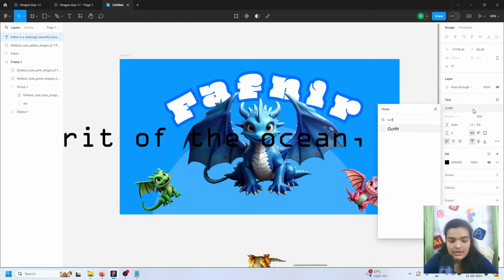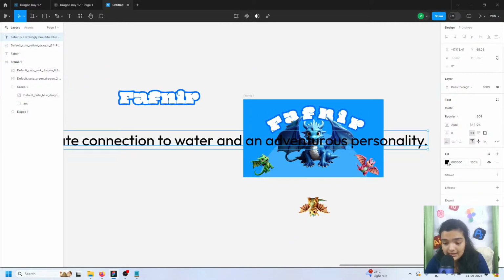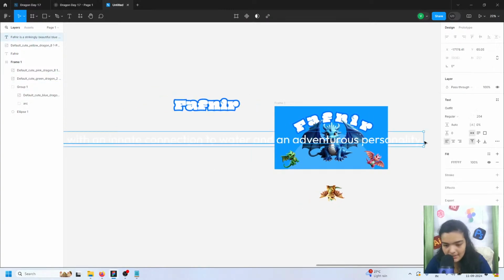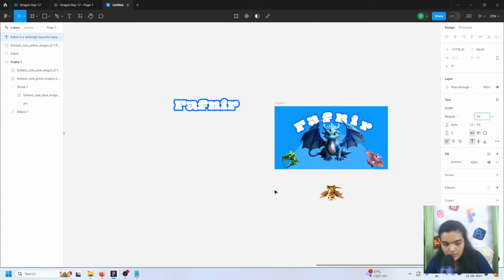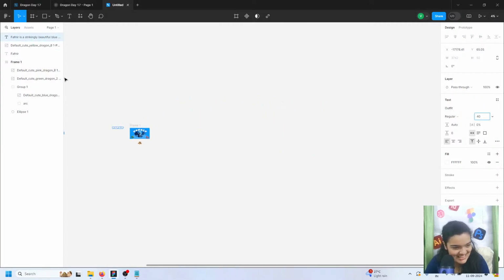Change the font family to Outfit. Outfit is the perfect font for absolutely any UI design. I have been using it for such a long time, like really long time. We'll just reduce the font size by a whole lot, because 204 is not the font for your description texts. Where do I get it? Alright, so this is,